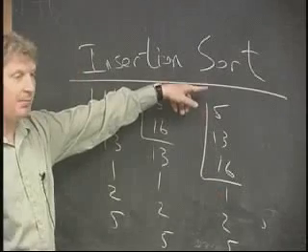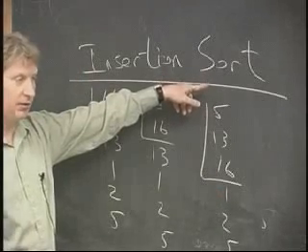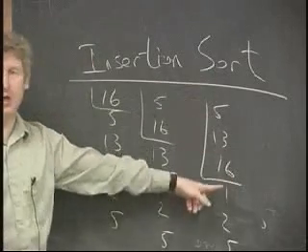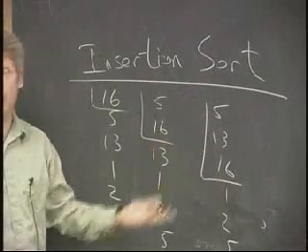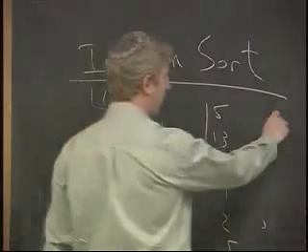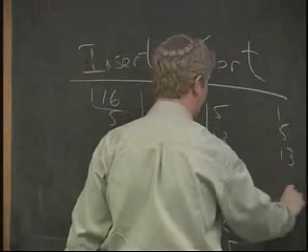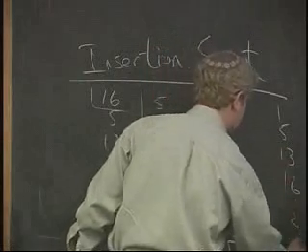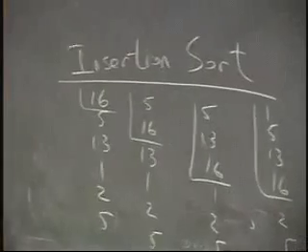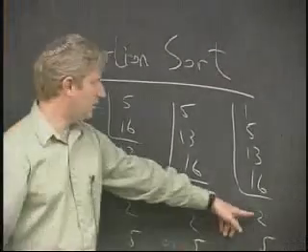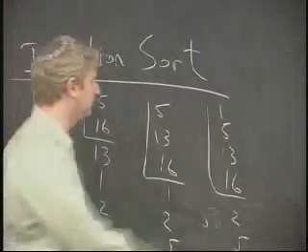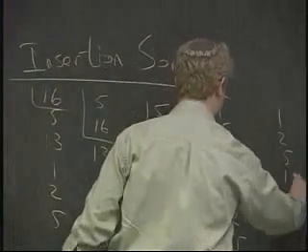You start at the top. 1 is actually smaller than 5, so you stop. You basically take your new number, run through this list from top to bottom, and see which one is the right place to put it in. And then when you find that place, you shift everything down one spot. Make that little mark so that you know that area is sorted, and continue. Here's the number 2. It's going to fit in right here, and these 3 will move down. 1, 2, 5, 13,